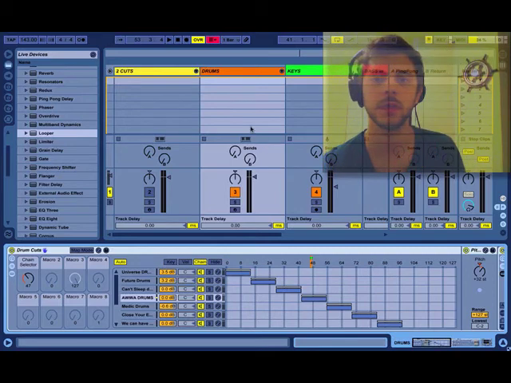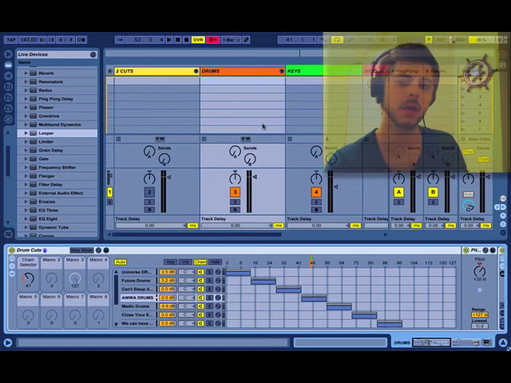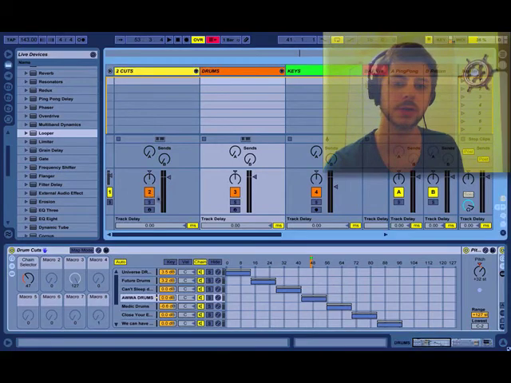And the MIDI information coming from the Launchpad as I'm playing is actually going to both of these tracks. So if I turn this one on,